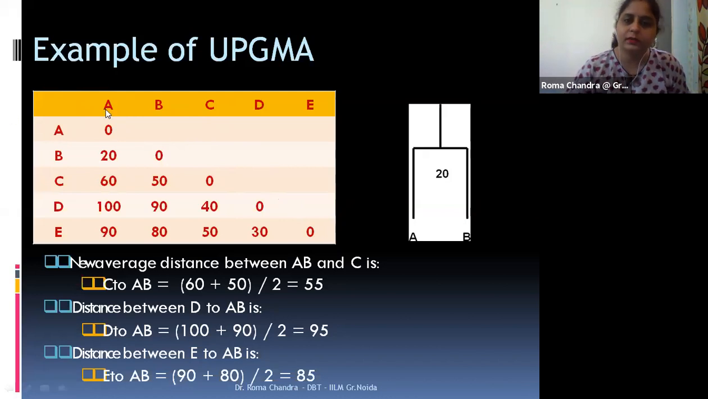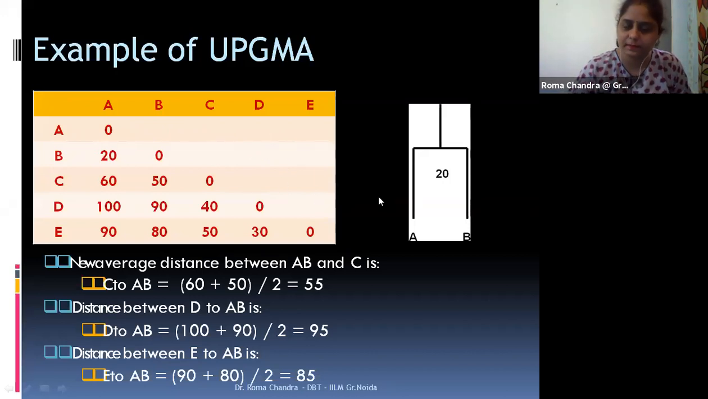Whenever we go for any kind of tree construction using a UPGMA method, you can see that mostly the matrix is given in one diagonal half, because the second diagonal half has the same values. Because what we are considering is A and B here, so A and B is also here. So the value will be 20 here, 60 here, 100 here, 90 here, and similarly 50, 90, 80, 40, 50,